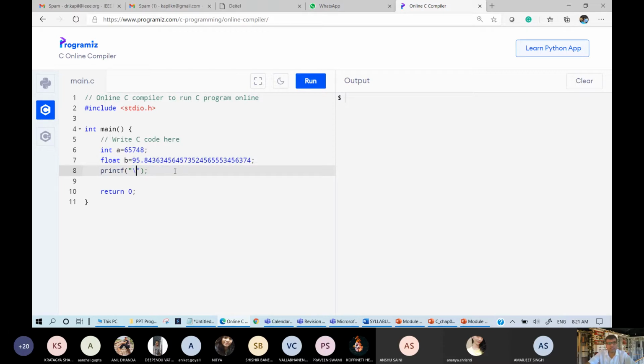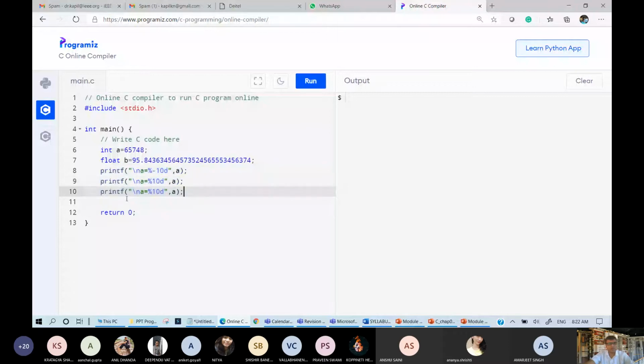Printf \n a equals %-10d, then writing a. I am using a similar statement for b. %10d is much better. For b also I am writing the same thing.